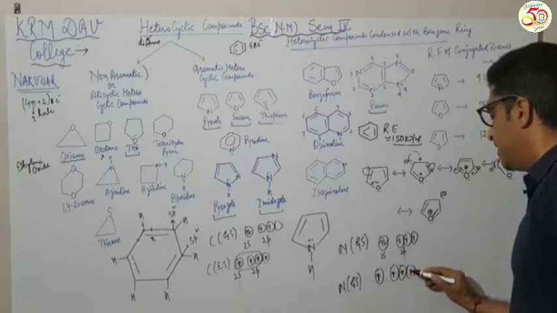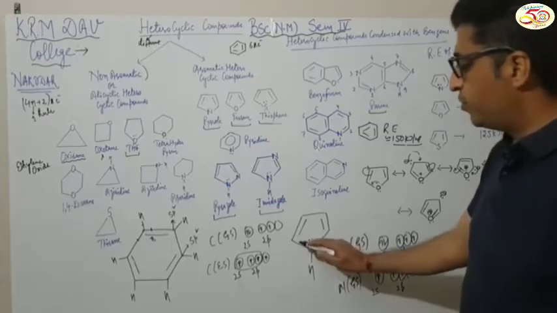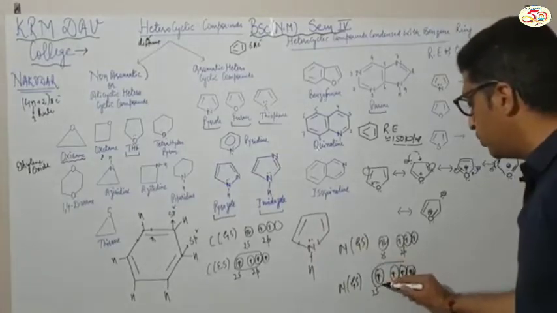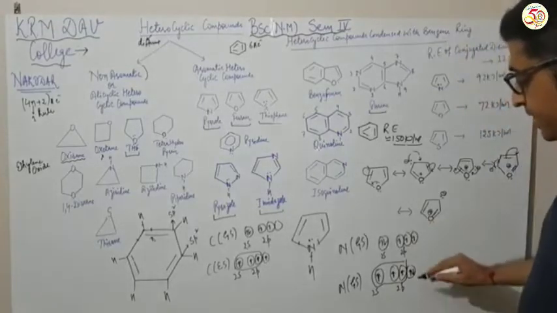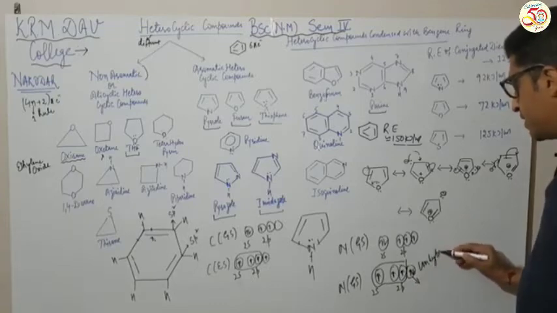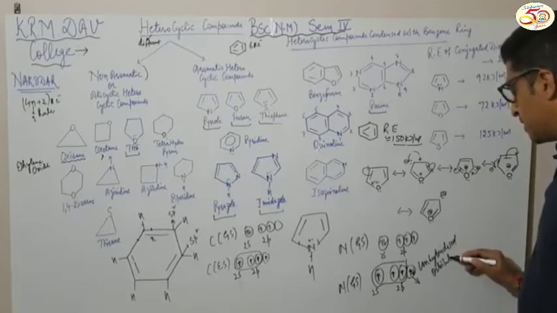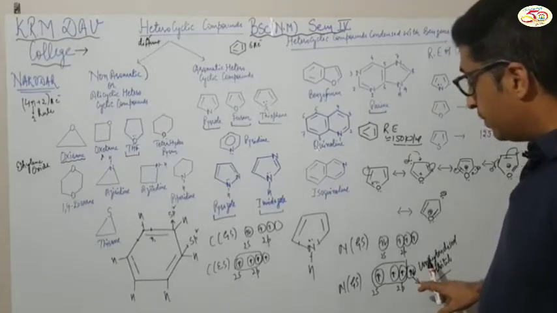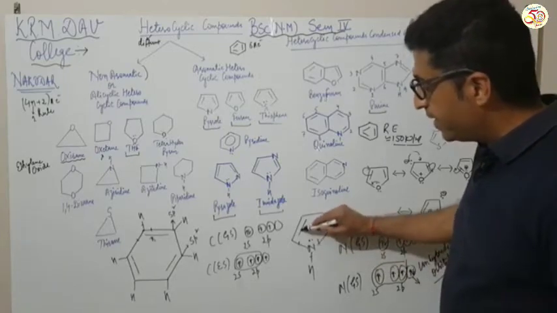So I get this situation. Now what do you say? There are 3 sigma bonds, and sigma bonds are obtained from hybridized orbitals. So this is going to show sp2 hybridization. Is that clear? And this is an unhybridized orbital. Is that clear? So this is an unhybridized orbital, and that is why